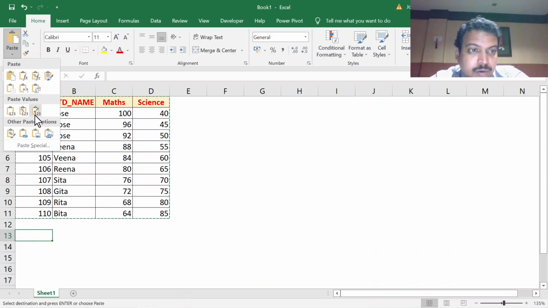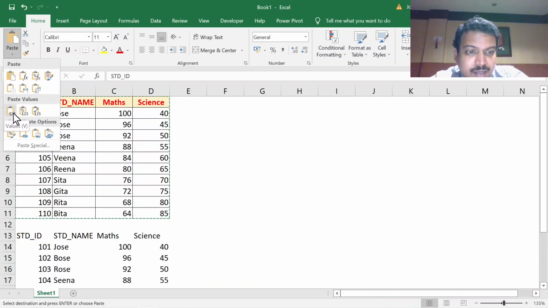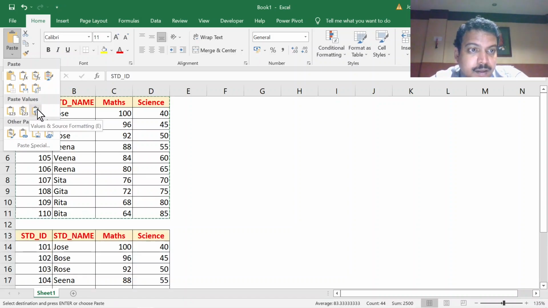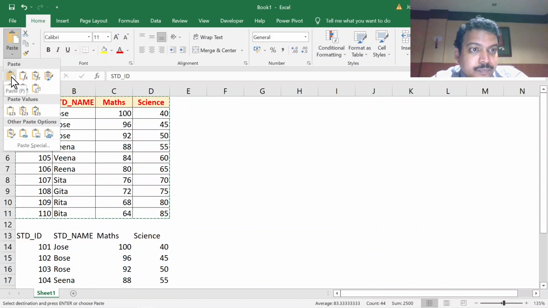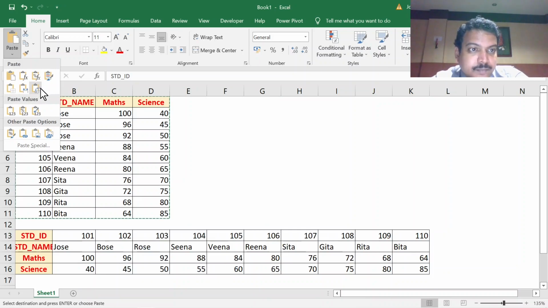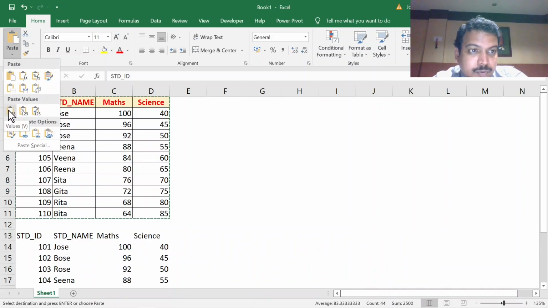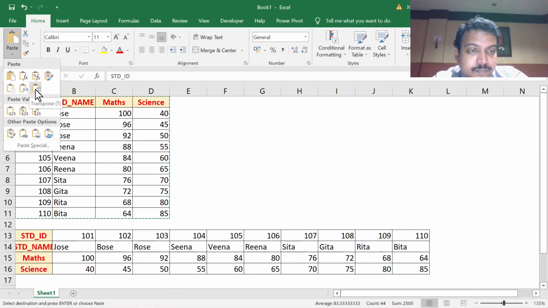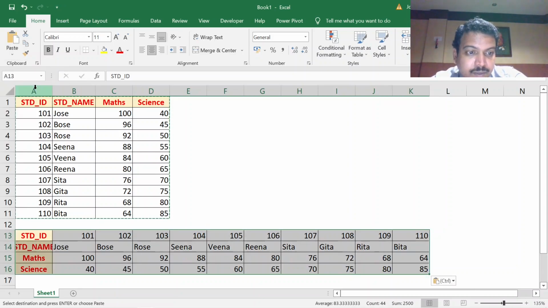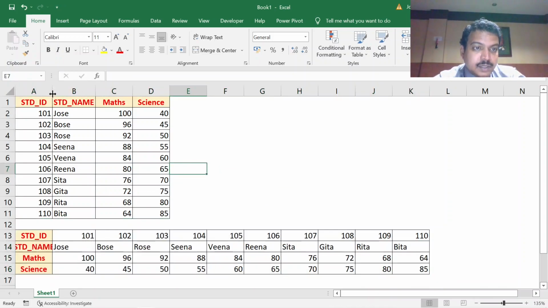You have a lot of options here. You can paste only the values that you have copied, or you can convert that into a percentage, or you can do the transpose here. So I'm yet to paste it. It is just giving me the previews. When I move over this, you can see here the table is converted in a horizontal direction. So if I click on that, you can see now the vertical table is converted into a horizontal